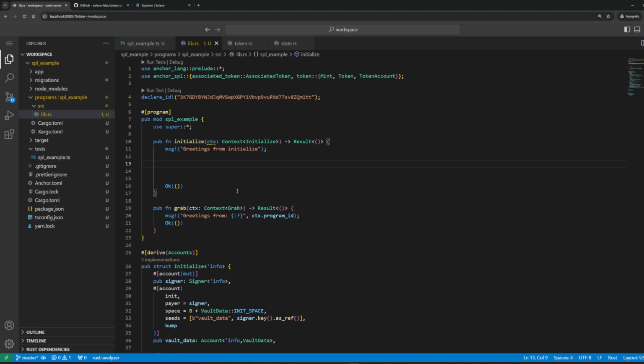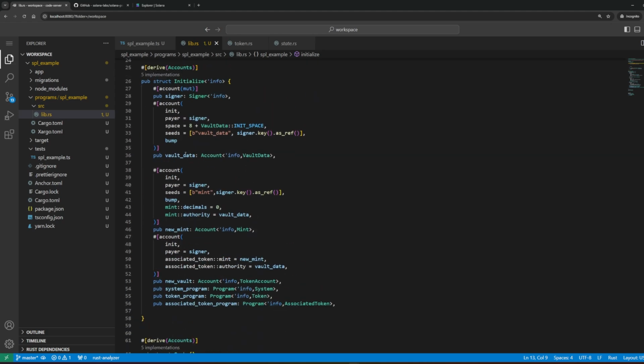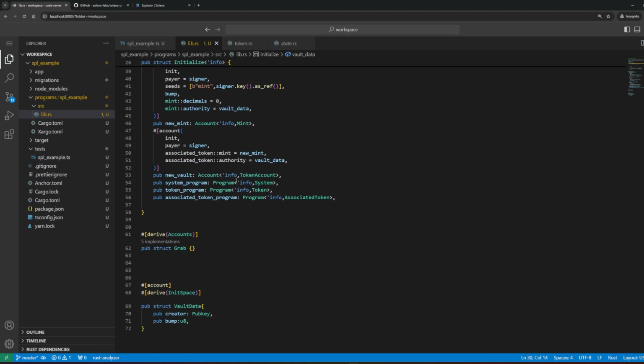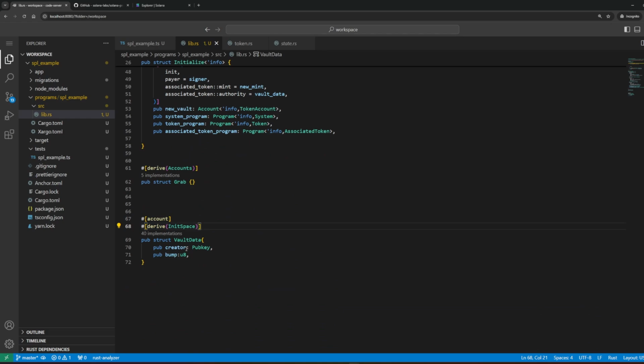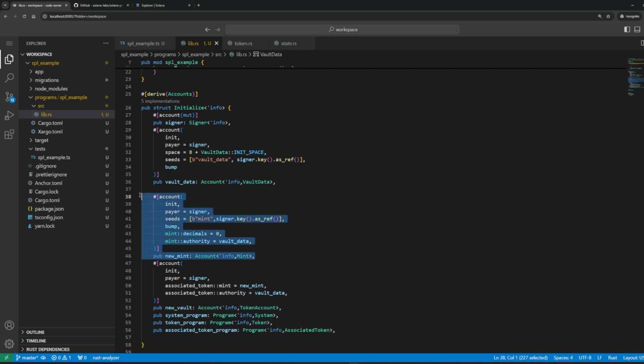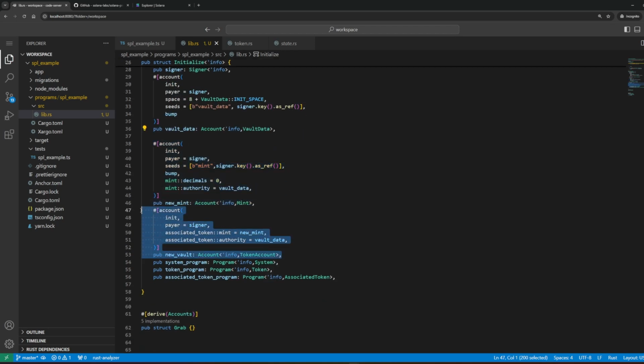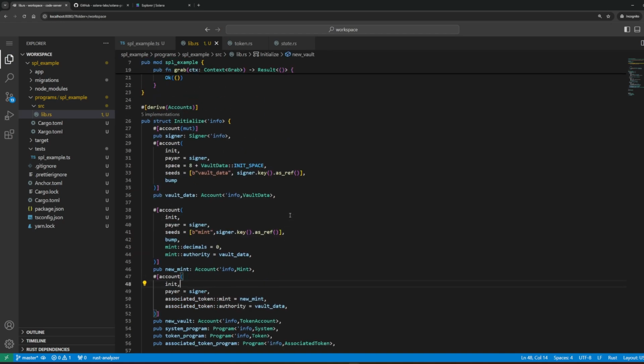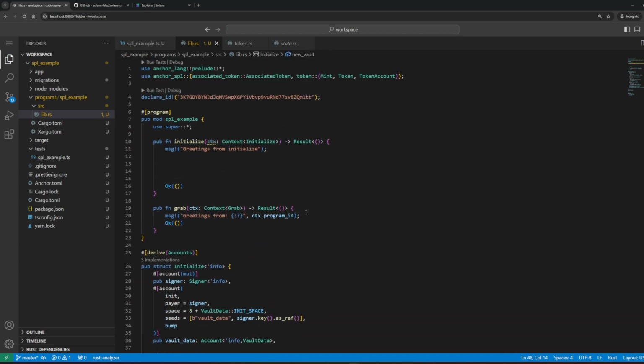Okay, what we would like to do in this part. The first thing is that we just initialize the vault data specified here. So we need to fill these fields in the account. Then we created the mint account and the corresponding vault account. For that purpose, we would like to also mint new tokens into the vault. So we are also going to perform a cross-program invocation into the token program that will mint new tokens to our vault. First of all,